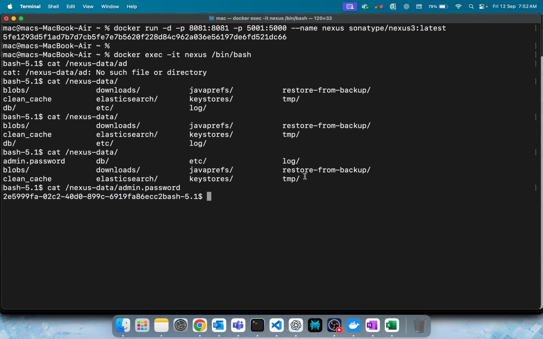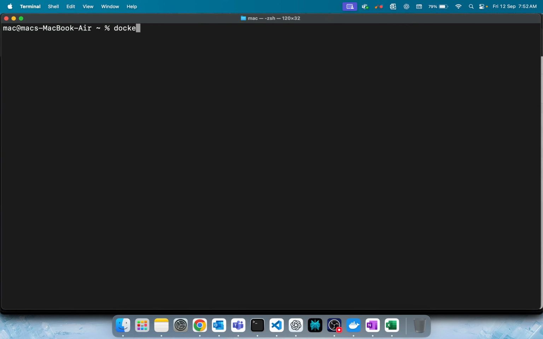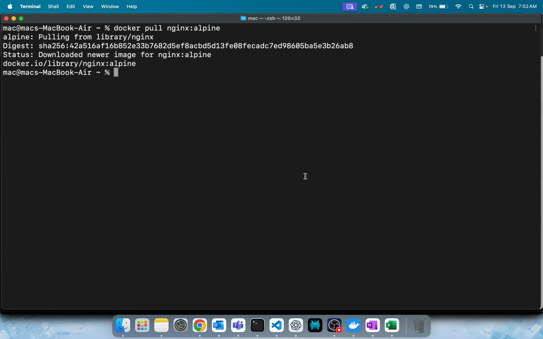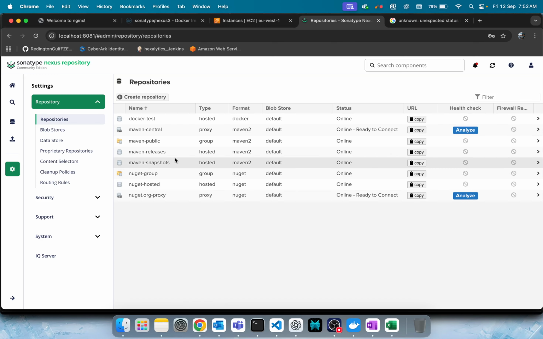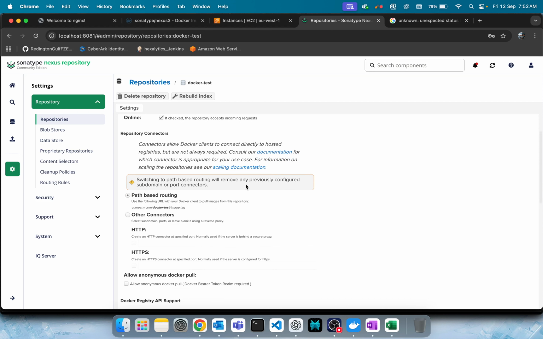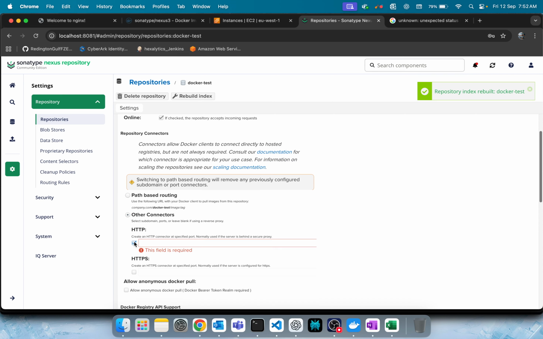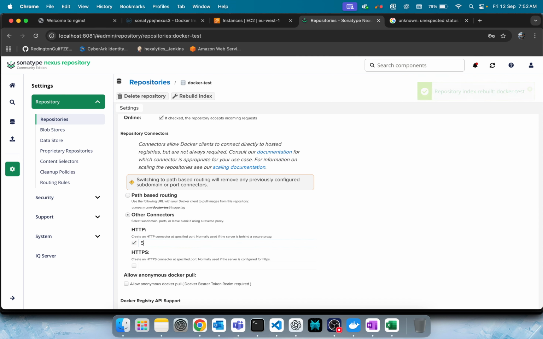Now what I'll do is simply, yeah, it's running. There are no images, only Nexus is there. That's why I'm just pulling. If you see in the Nexus, see here, rebuild index, enable the HTTP with port 5000. So what's happening is